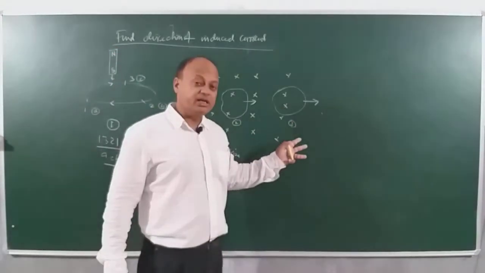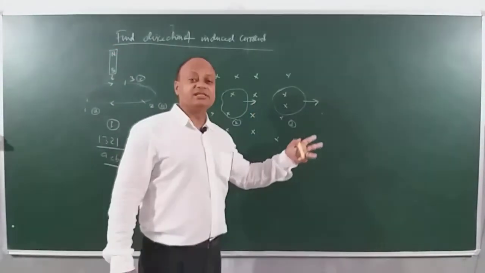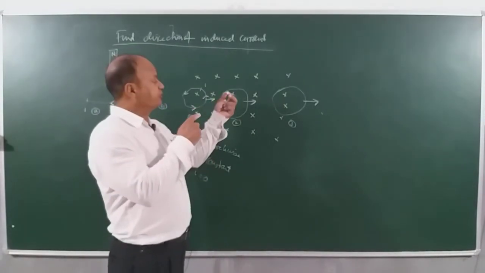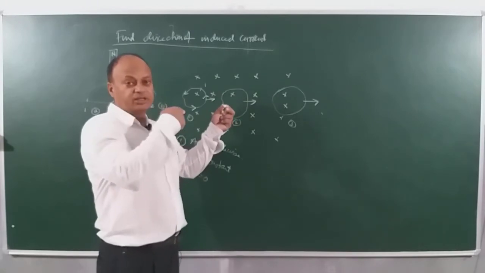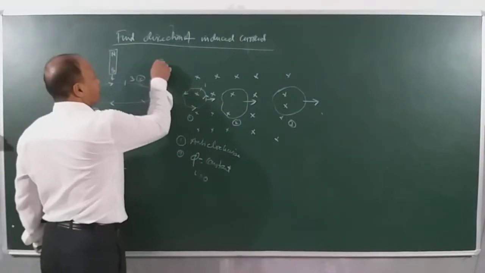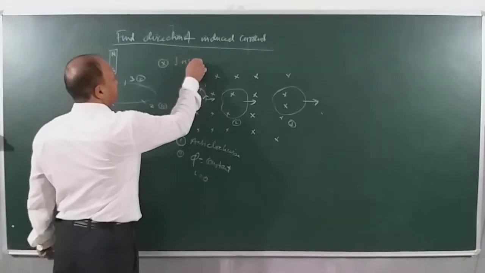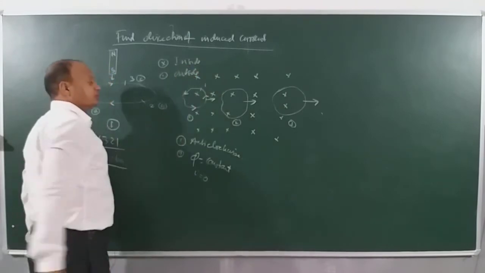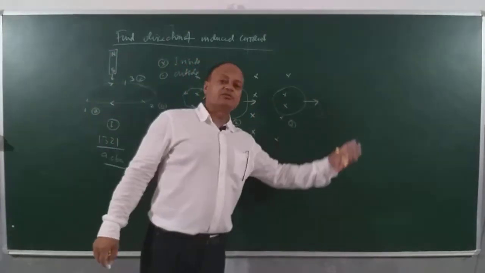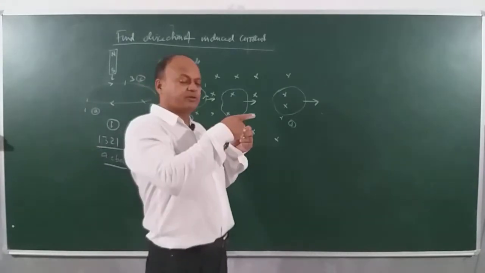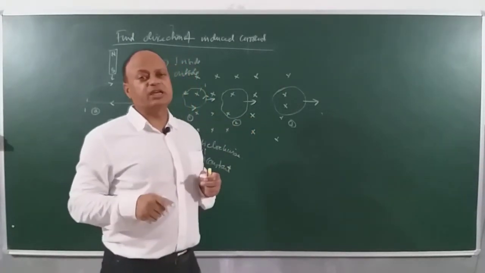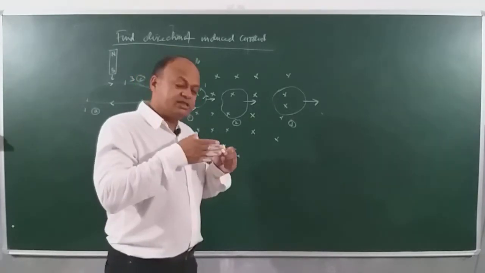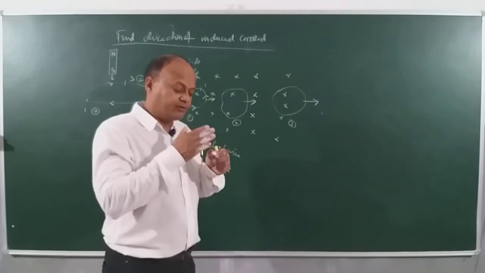Now, when you look at case 3, it is very interesting. The flux is decreasing. Flux is decreasing, again we come back to the same example. This is north pole and this is south pole, because the field is going inside. You know, the cross means field is going inside. You have done, no? Dot and cross notation. Cross means field is inside, negative normal, and dot means field is outside. So, in this case, the coil is going out, going away from the north pole. So, the direction of the induced current will be such that it will try to oppose the change in flux, meaning flux is decreasing.